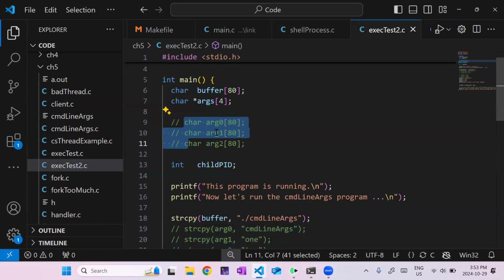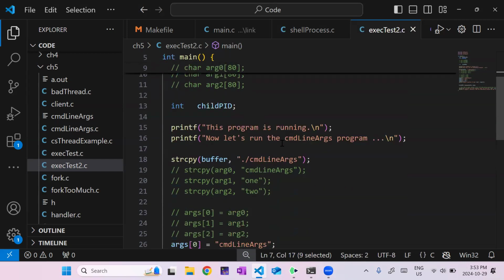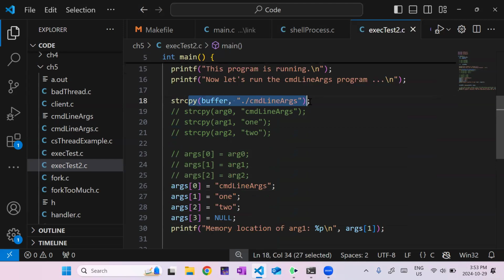All right, so same situation. I have a buffer. I have my array of strings to put the arguments in. So I copy the command into my buffer, and the command line arguments program just lists all my command line arguments. So it should list this, this, and this.